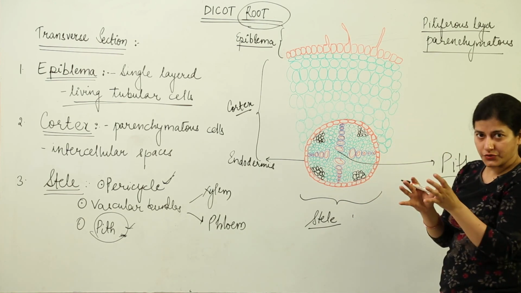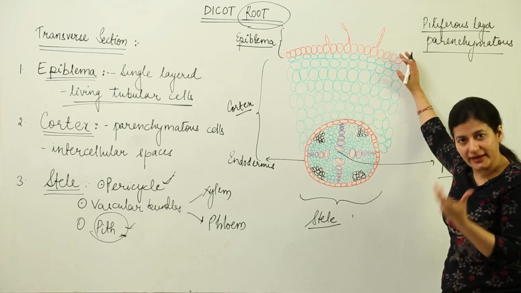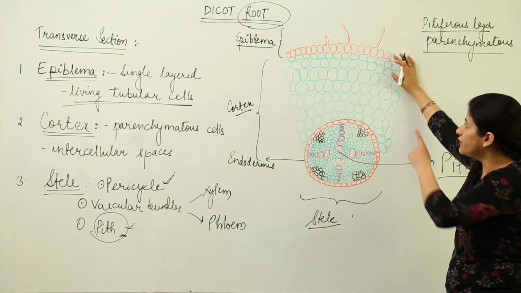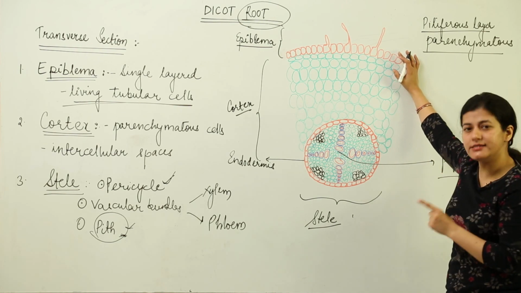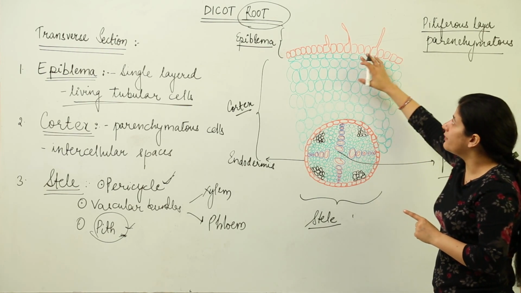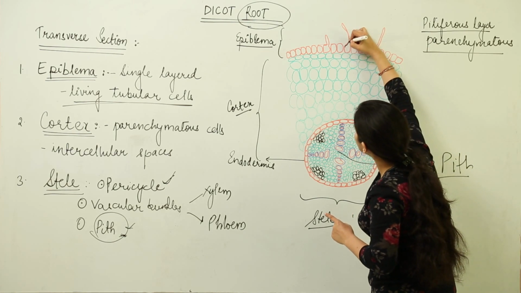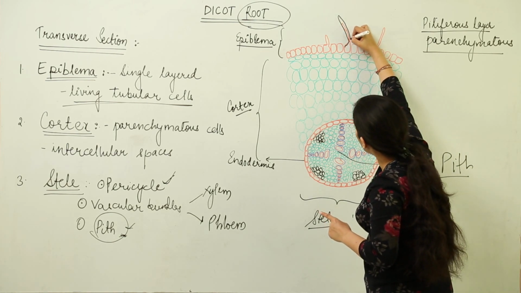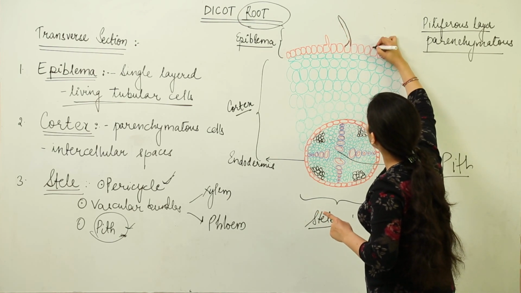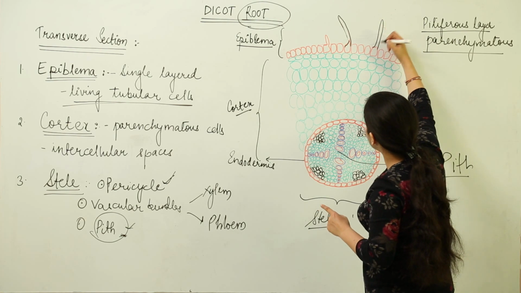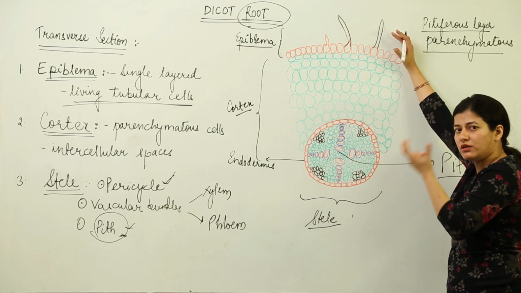So in order to accomplish that absorption in a better way, what is required of these cells is that they have a large surface area, and for that large surface area, these epiblema cells have outer surface protrusions. As you can see over here, this outer surface protrusion is a root hair. The epidermal cells, their outer wall has protruded, and when the protrusion goes so long, you can associate it